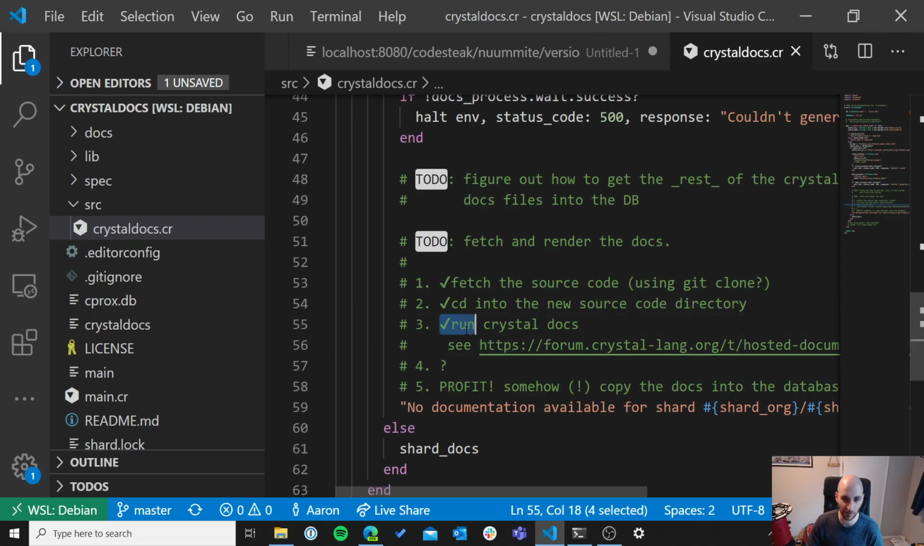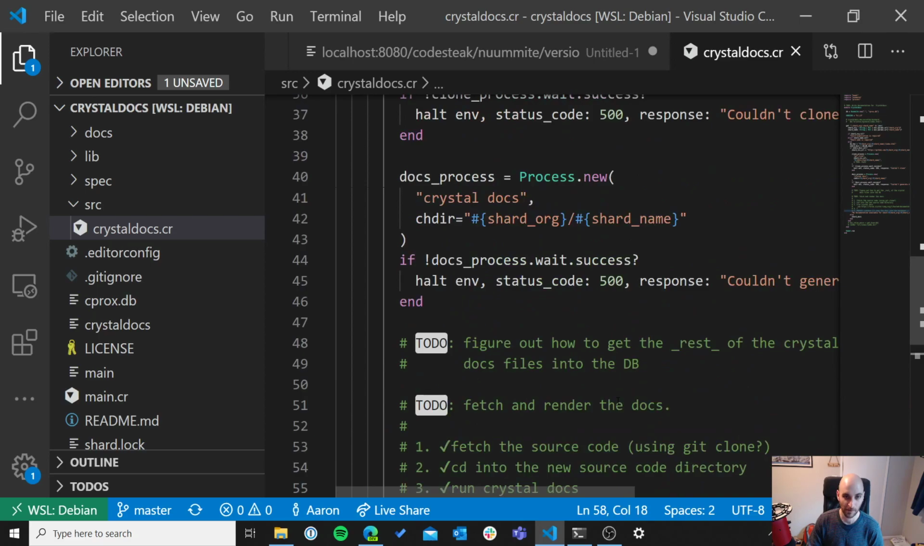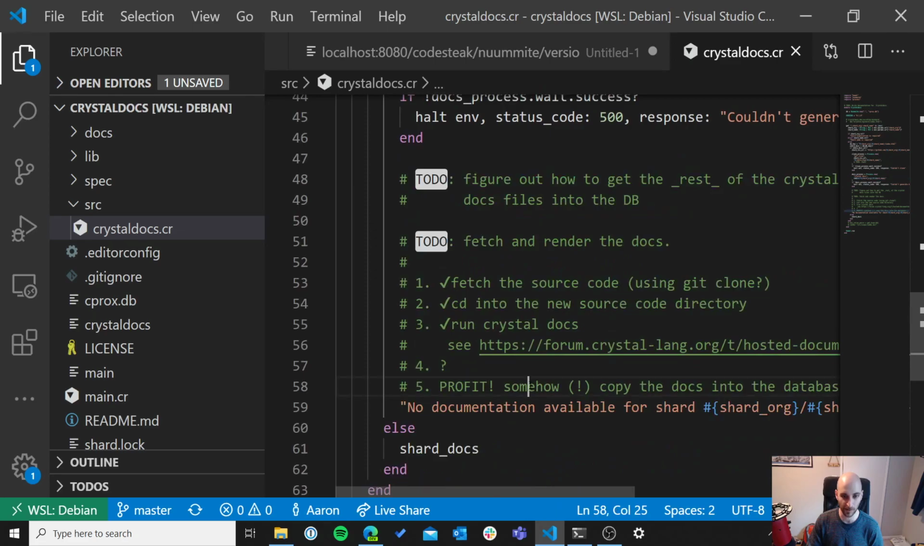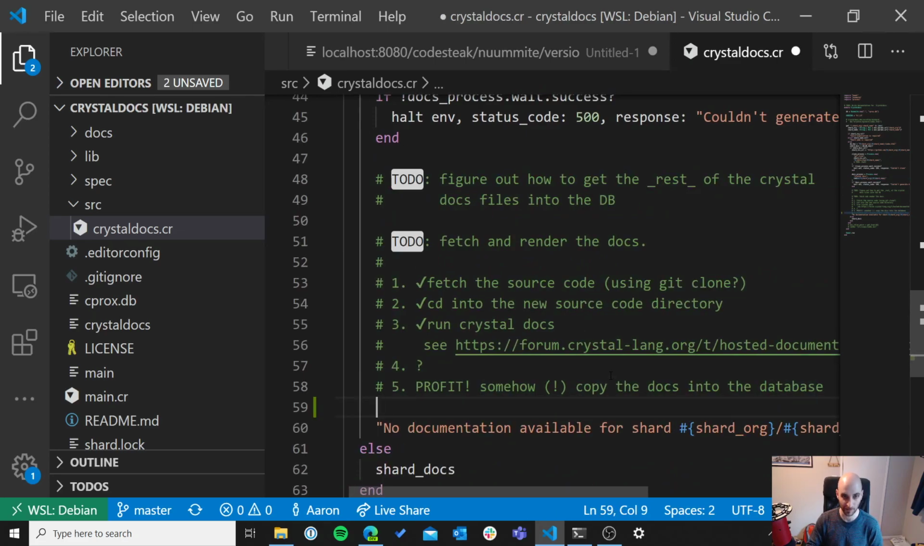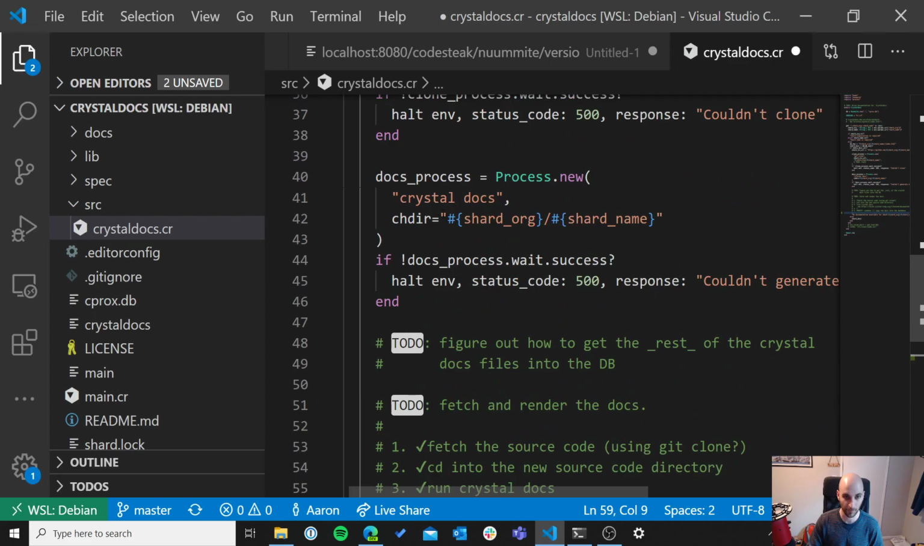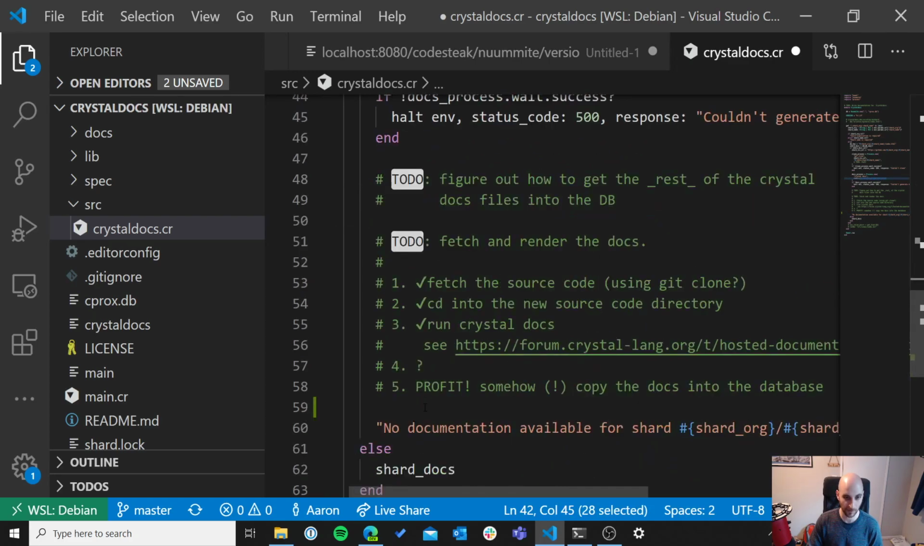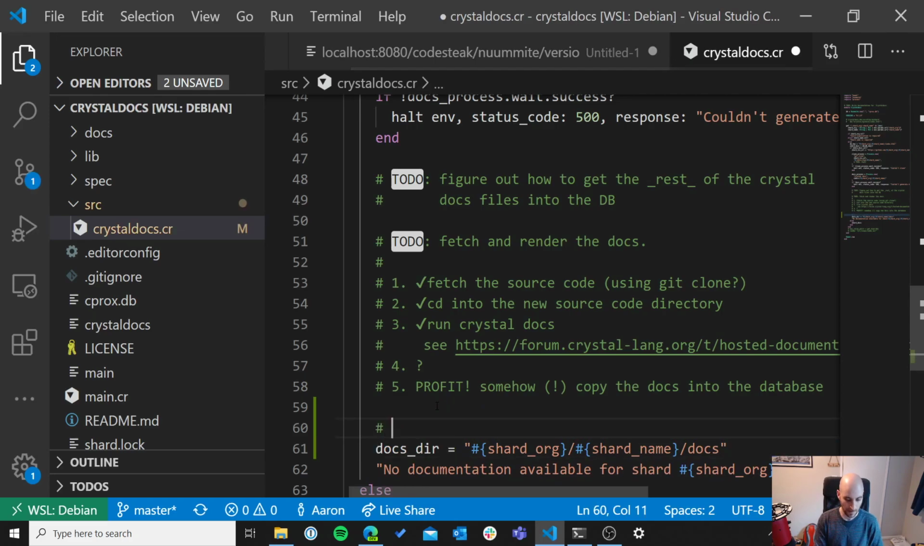So then we've got run crystal docs. Oops, we've got our old question mark and then profit. We're going to take over the world. So we're going to try to figure out what's up with the question mark. Okay. So we ran crystal docs. We changed directories into there. Now we need to somehow go into this directory. So docs dir equals that /docs. Okay, so go into this directory,